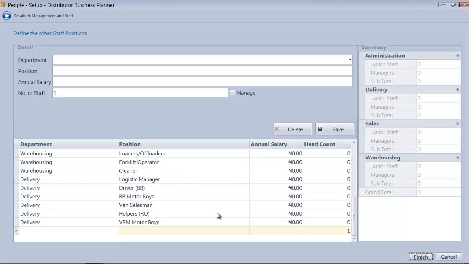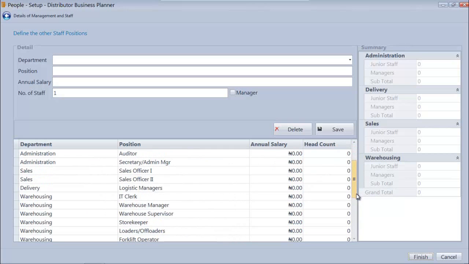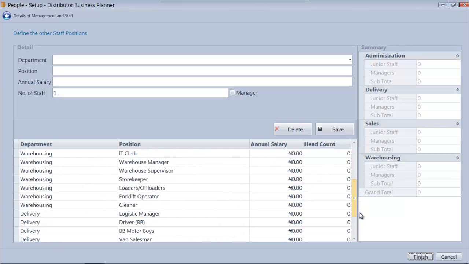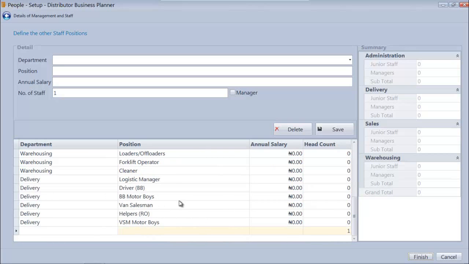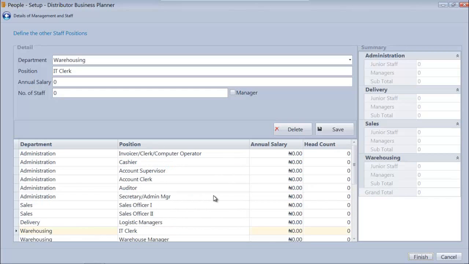I'll go ahead and select Van Salesman. Notice that we already have a list of typical officers in the different departments in a dealership. We have administration, sales, delivery, and warehousing, and in each of these departments we have typical staff. I'm going to go ahead and look for Van Salesman, and they're usually under